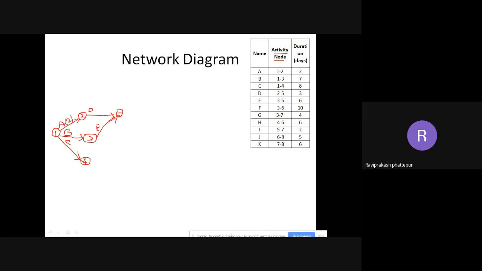See this here, 4 to 6. In between there is one more line, 7, that is coming to me. So instead, what you can do is interchange 6 and 7. I'll just change that. I'll show you how to do it. At times this happens. So now if you see, 4 to 6 is H.